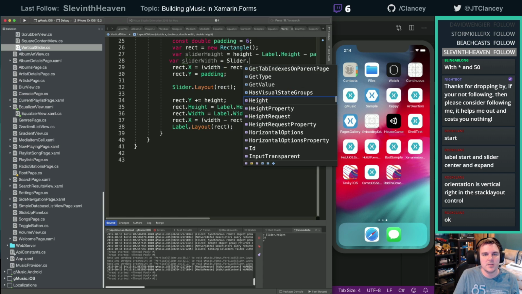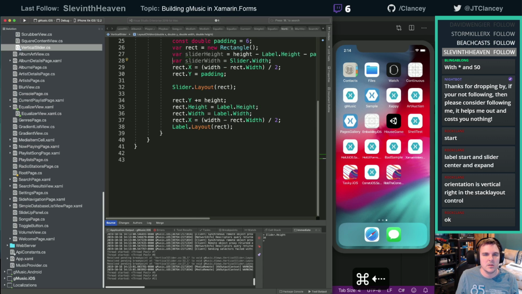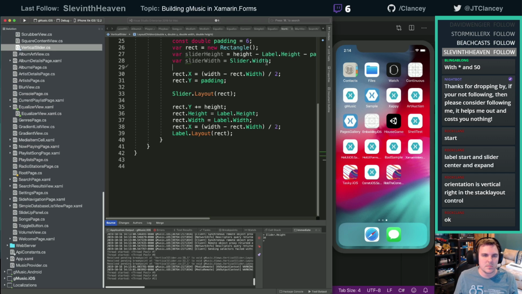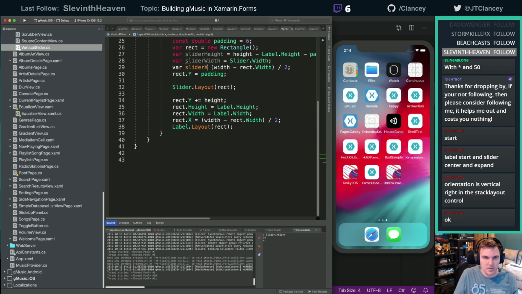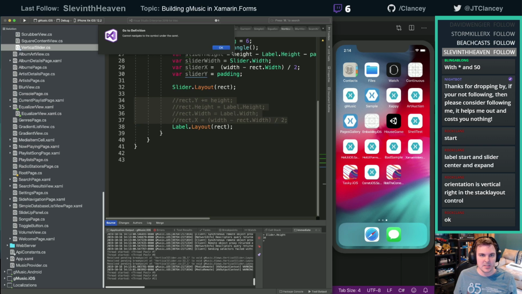Equals slider dot width. All right. Okay, so we've got that. And then all this math is wrong too because I'm going to have to mess this thing up.